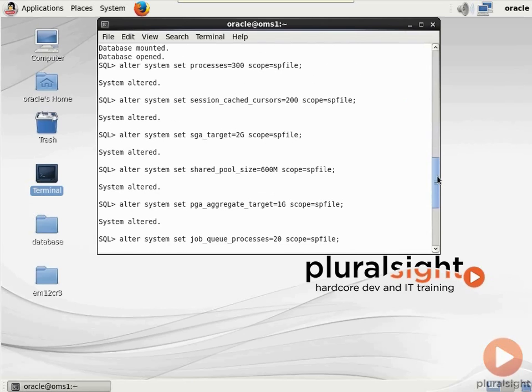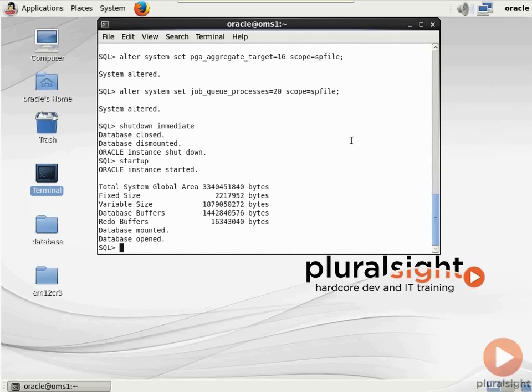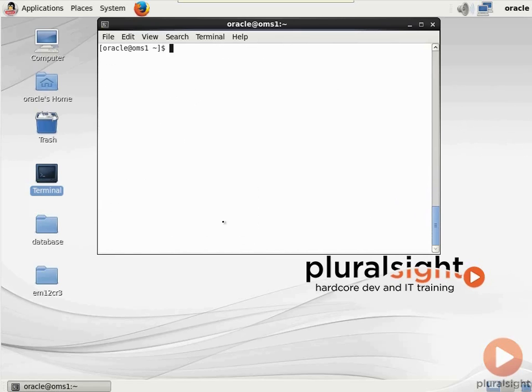the database up. And then per an Oracle Base article that I'll link for you in the notes that accompany this module, I set a bunch of initialization parameters to values that at least Tim at Oracle Base thinks are appropriate for a Cloud Control OMS installation. Note that I've set those various initialization parameters in the scope of the SP file, so I had to bounce the instance. I did a shutdown immediate and then a startup, and that's where I am right now. So I'll actually exit out of my SQL Plus session, clear the screen, and then, as I said earlier, we're